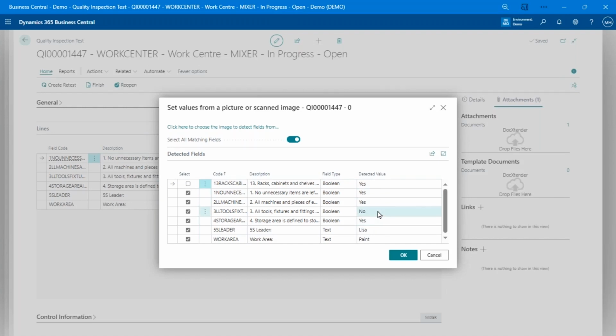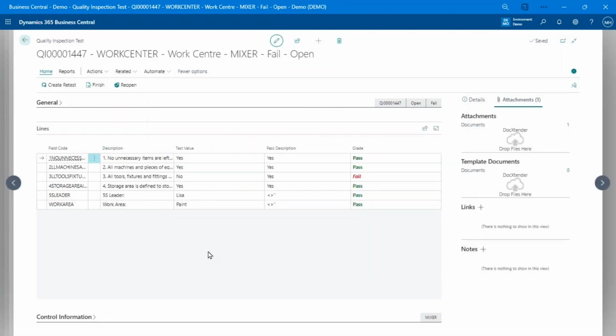These are all accurate, but if they weren't, like if it missed something, I could come in here and change it here, all that kind of stuff. But it brought it in, I hit OK, and it fills in the test for me. Okay, so that's again how you can kind of stay with some of your paper-based processes and still have that electronic record keeping. Because once it's in here, I've got all that workflow capability.